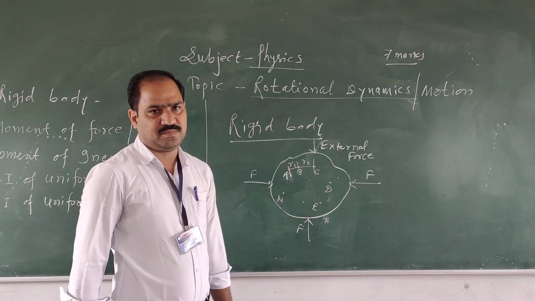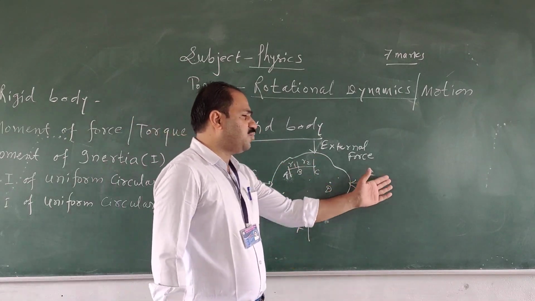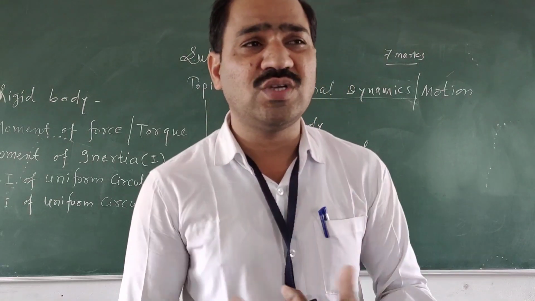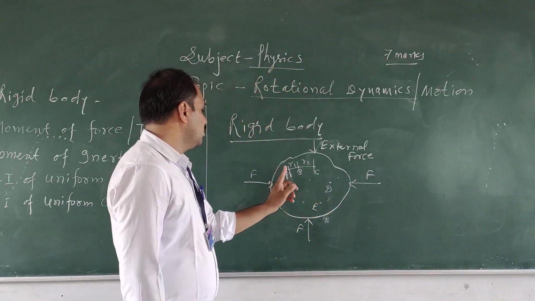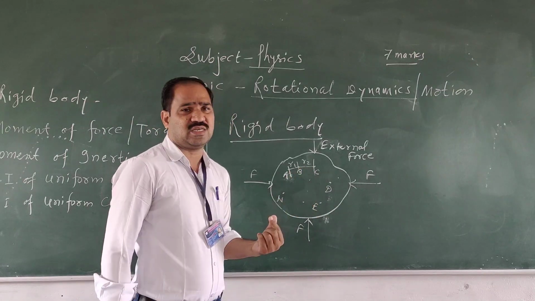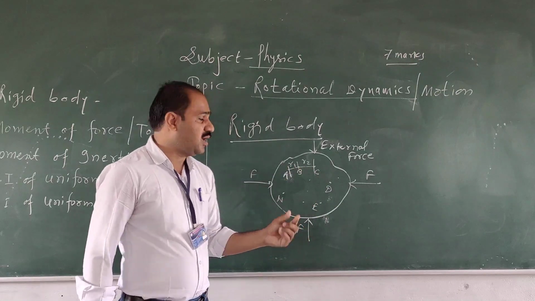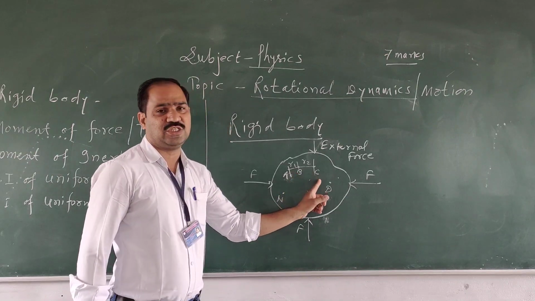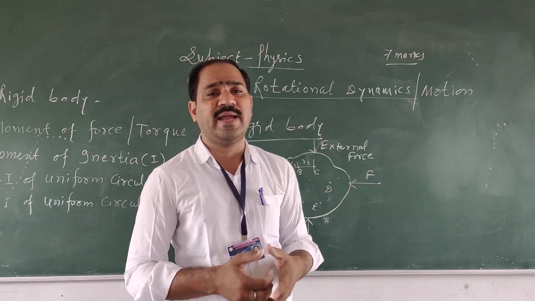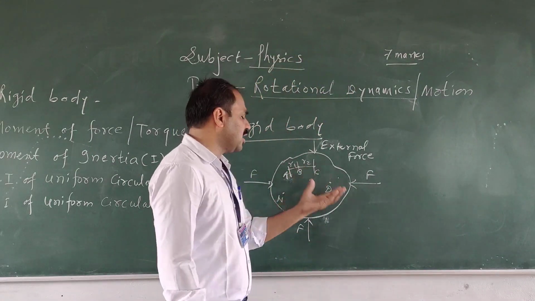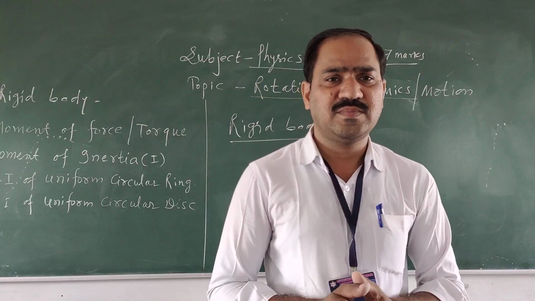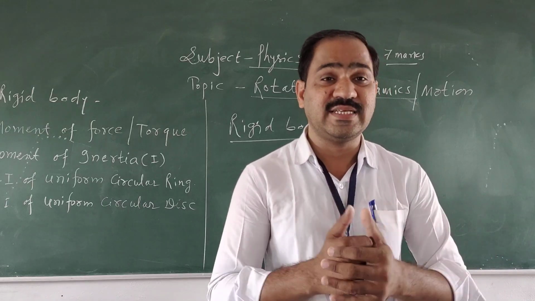But when the force is externally applied on the body, there will be no change in the values of R1 and R2. R1 remains constant, it remains unchanged. Again the distance between particles B and C remains unchanged, it remains constant. Whatever force is applied on the body, the distances R1, R2, R3 and Rn between the n number of particles remain constant. Then such a type of body is called a rigid body.